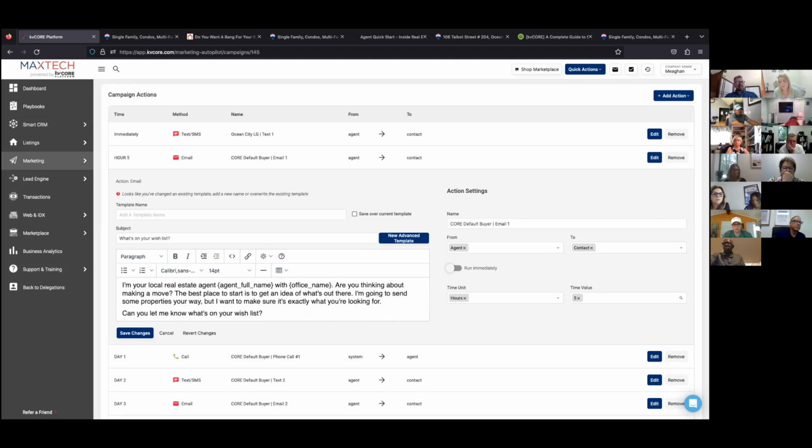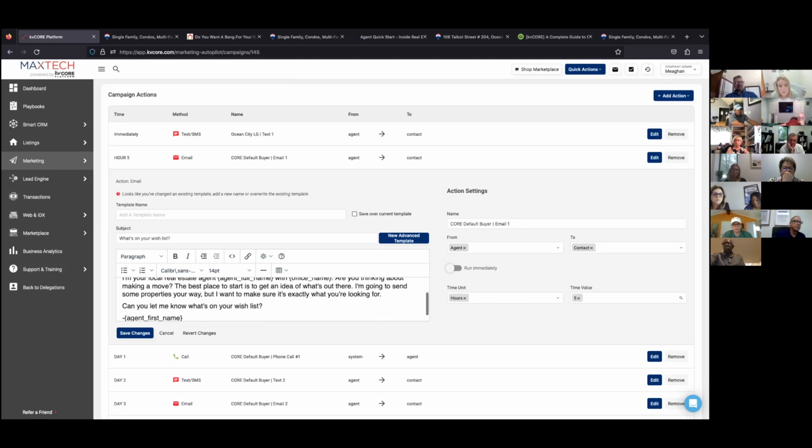You think about making a move, the best place to start is get an idea of what's out there. I'm going to send some properties your way. Sure. And I could put that link in here somewhere. So you get an idea of what we've just done. We're taking some templates that are already built. We're looking at them, we're editing them, we're making them our own, and then we're adding some content to help